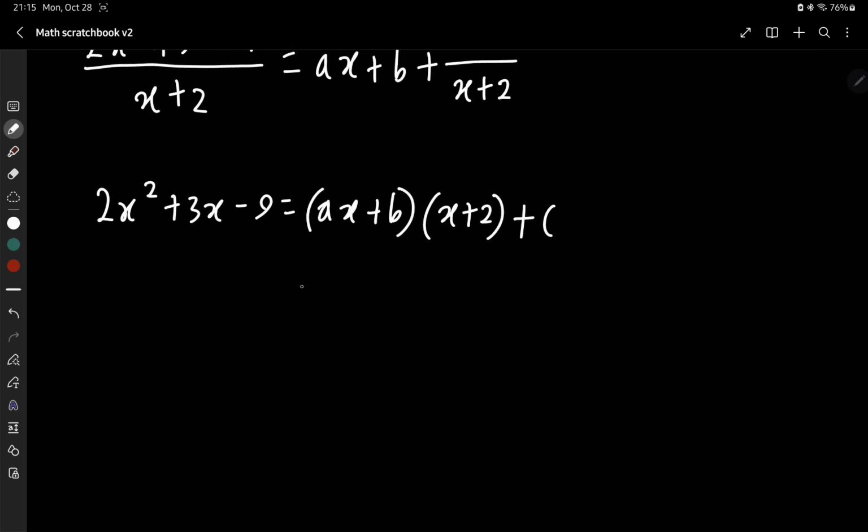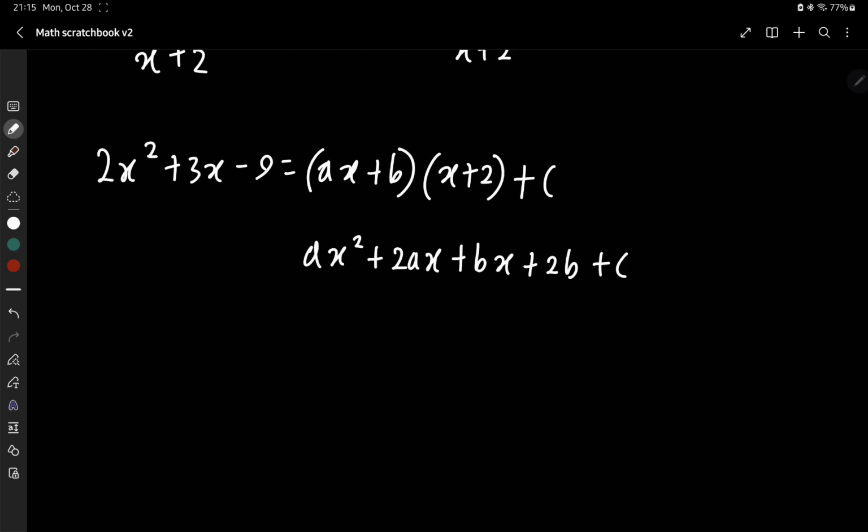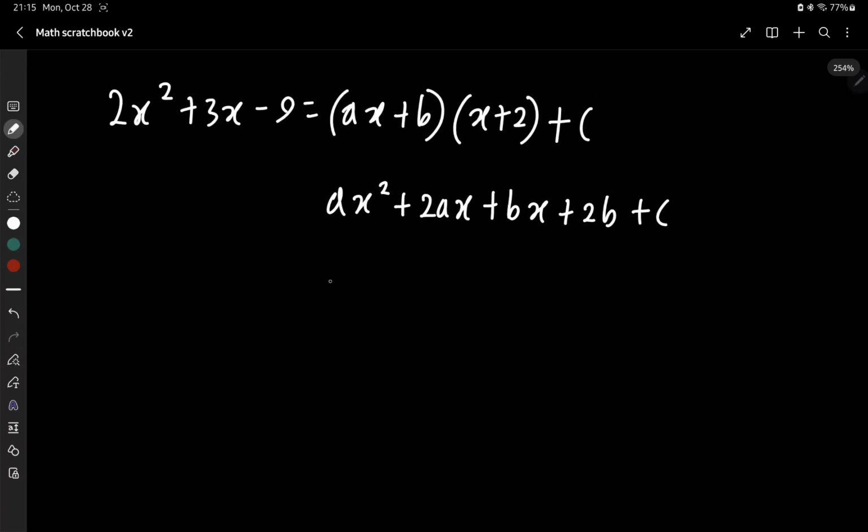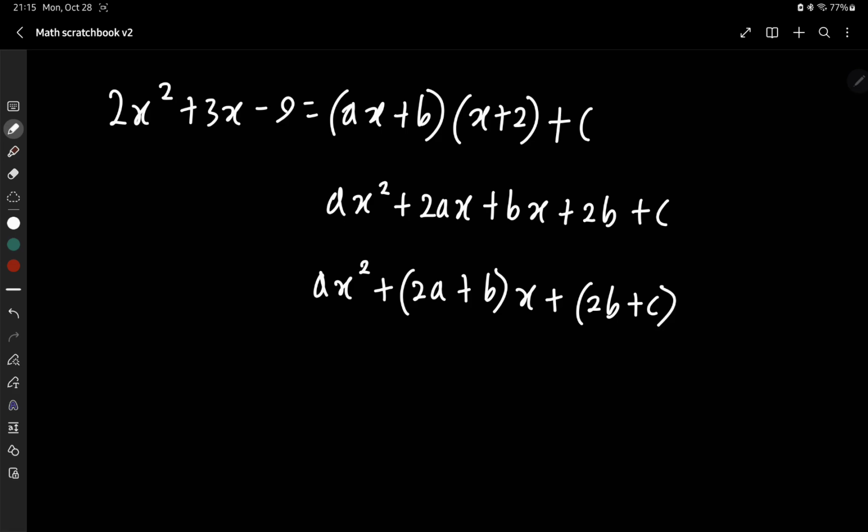And if we expand that out, we get ax squared plus 2ax plus bx plus 2b plus c. And then we want to group the like terms. So ax squared plus (2a plus b)x plus 2b plus c. And so if we want to equate coefficients, we see that 2x squared, so that means a